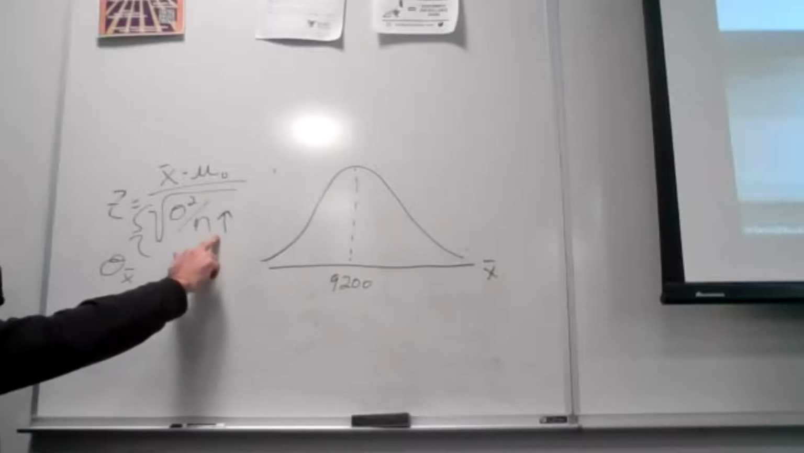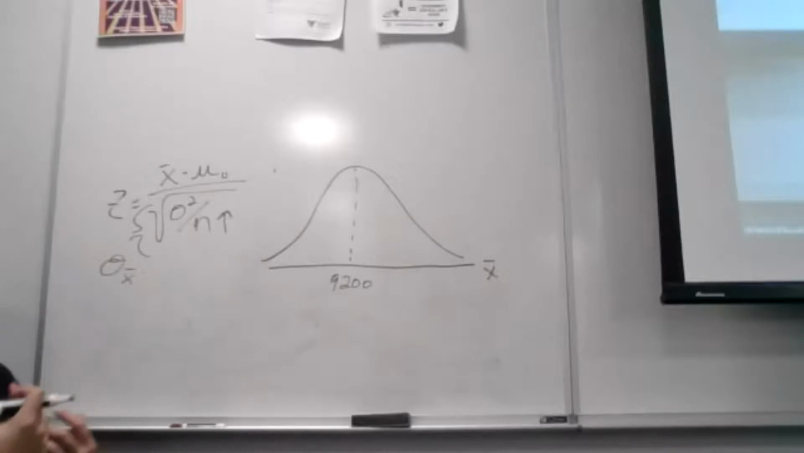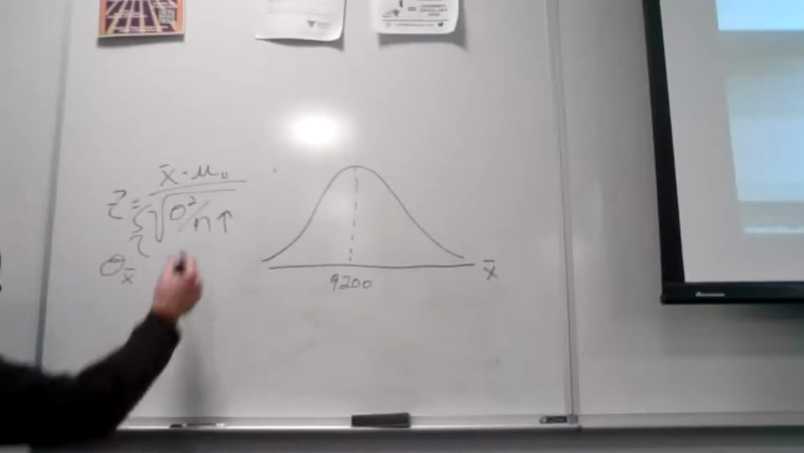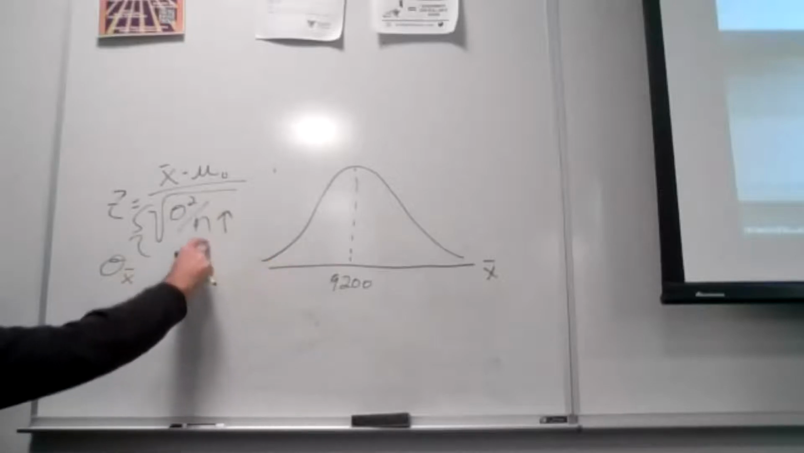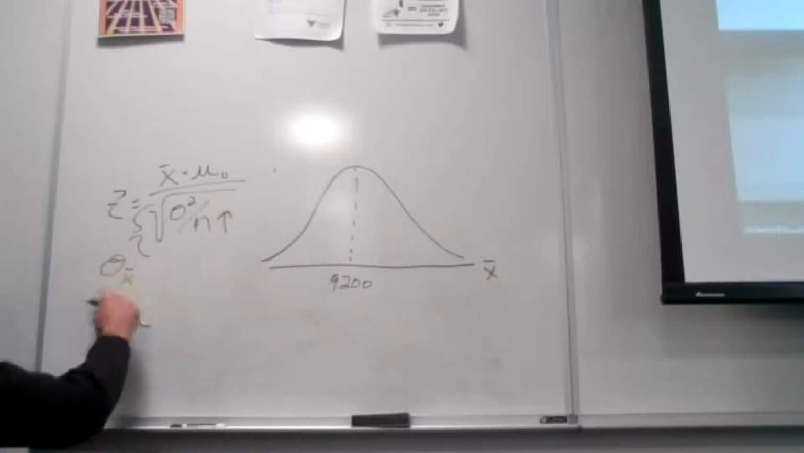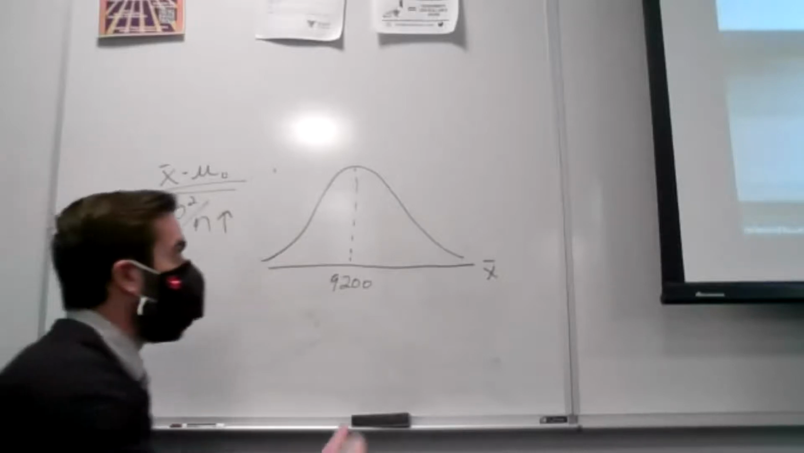If my sample size goes up, the denominator goes down, right? I get a smaller variance, right? This denominator represents a standard deviation of my sample means. So if the sample size gets higher, this standard deviation gets smaller. Why is that useful? Well, if we think about